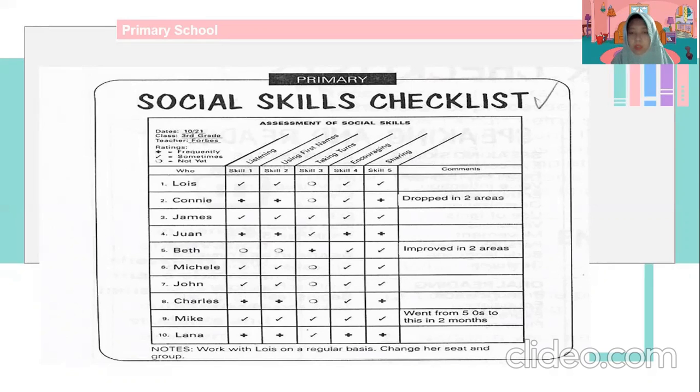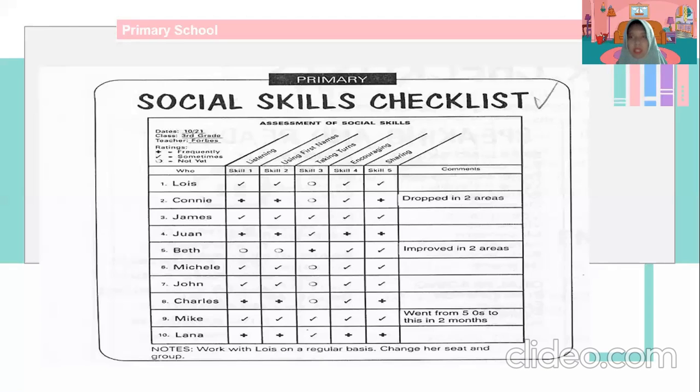For example, student number 1 to student number 5, Louis until Beth, is group 1, and Michael until Lana, student number 6 to 10, is group 2. On the second day, the teacher moves the seats, so the group members change. Group 1 will be Louis, James, Beth, John, and Mike, and group 2 will be Connie, Juan, Michael, Charles, and Lana.